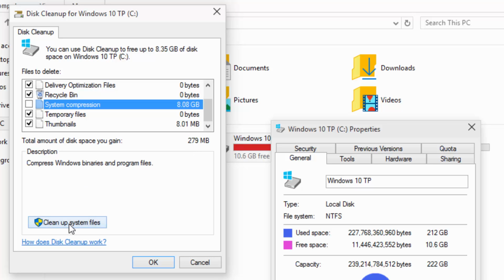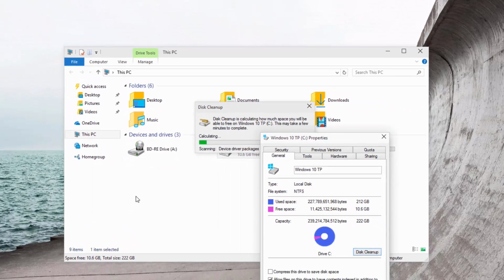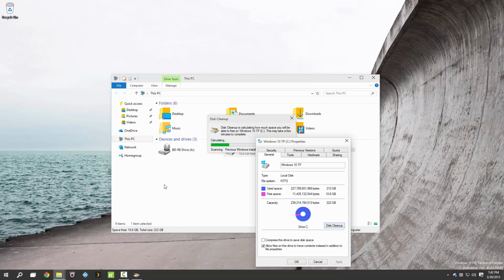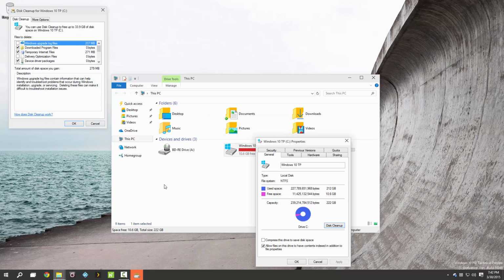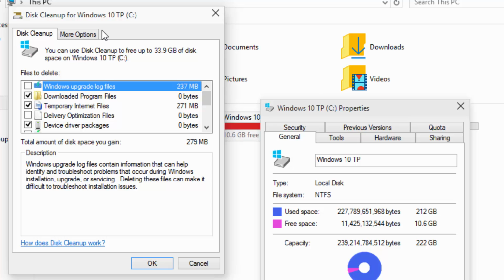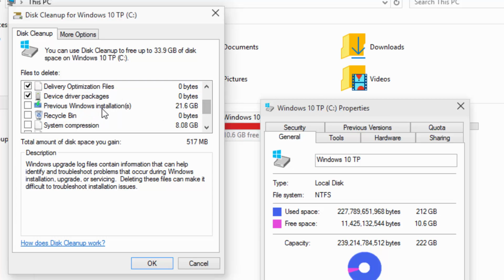However, if I tell it to clean up system files as well, it will recalculate what it is going to remove. After we give it a few more seconds, the Disk Cleanup window pops up again, this time with more options for me to check, including Windows Upgrade log files, and the biggest one here is probably going to be previous Windows installations. This again may or may not be on yours, but this is not dependent on Windows 10. This is dependent on whether or not you've had any major upgrades,